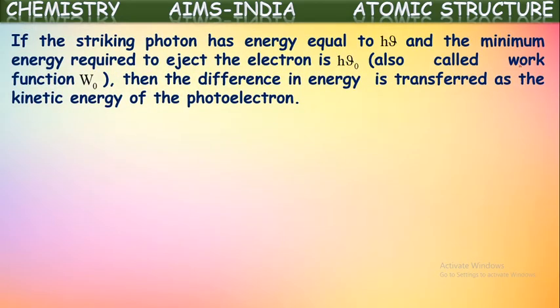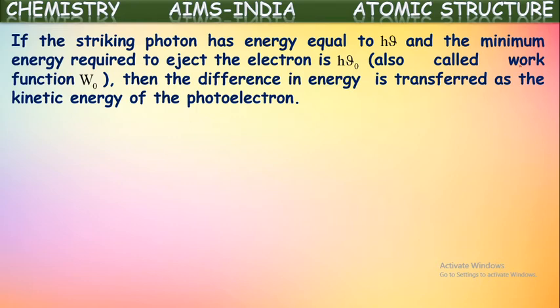If the striking photon has energy equal to h nu and the minimum energy required to eject the electrons is h nu naught, then the difference in the energy is transferred as kinetic energy of the photoelectrons. Yes, as we told, each metal has its own threshold energy. If we supply a certain total energy as h nu, and the required energy to eject the electrons by the metal